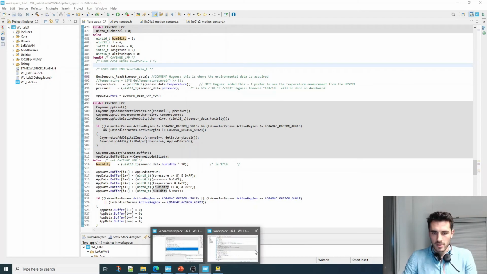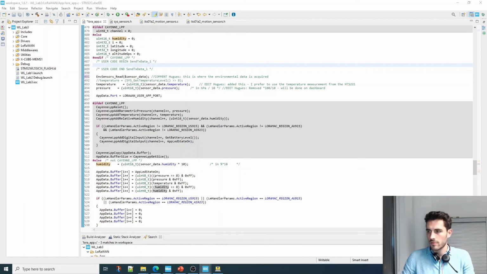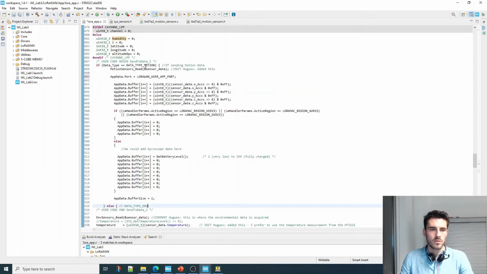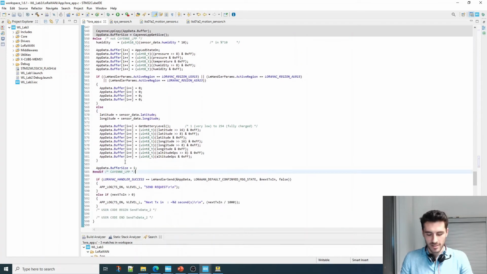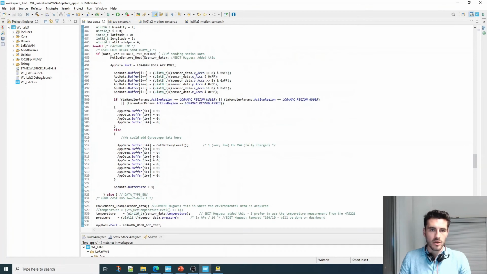So look into it. I'm just going to copy the code for now. And really, it's not complicated. It's really simple. And be careful. Here we have a parenthesis or whatever it's called, and we have to close it here. Okay, final look. So if data type is data type motion, we acquire the data. This is the function we created, and then in the app data we put x, y, z,